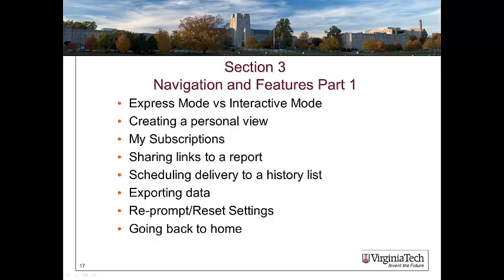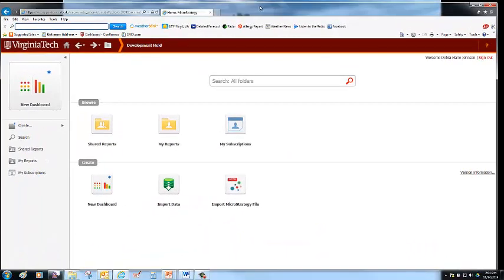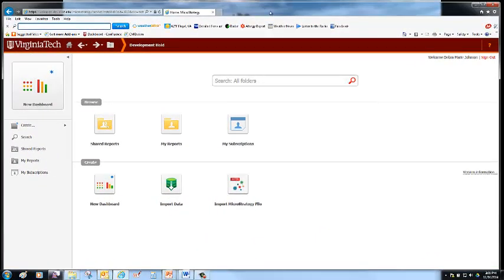and we're going to be where we go back to the home screen so that you can always get back to where you started, and that's always helpful. All right, so I'm going to use the development instance because I've set up a sample report